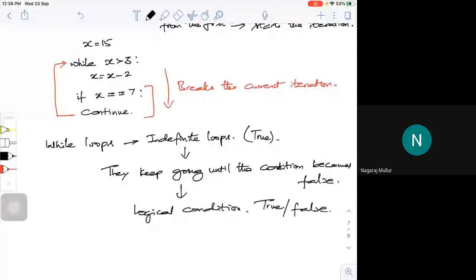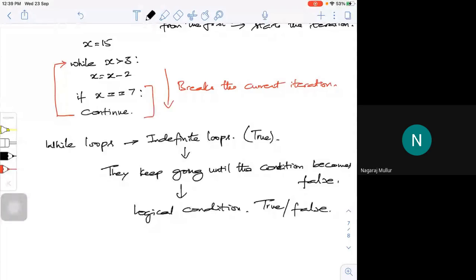So we have to ensure that we never get into infinite loops. Indefinite is different from infinite. Indefinite means checking for true or false. An infinite loop means there is no end to it. So it's better to use either a break statement or a continue statement. That's one beauty of while loops.